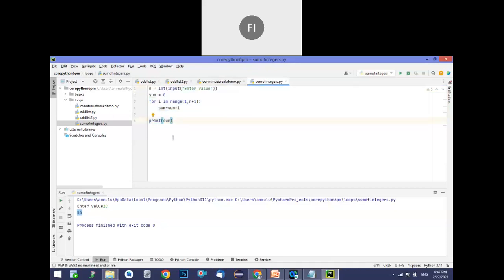Try to understand these things and practice them. If you have any doubts you can ask me in the next class. In the next class I will spend more time on examples of looping statements, like prime number, palindrome, factorial. These are commonly asked interview questions in Python, and they are also useful for your logic understanding. Then we'll see some real-time questions. Once that is completed, I will start the functions topic, which is also very important for your Python understanding.